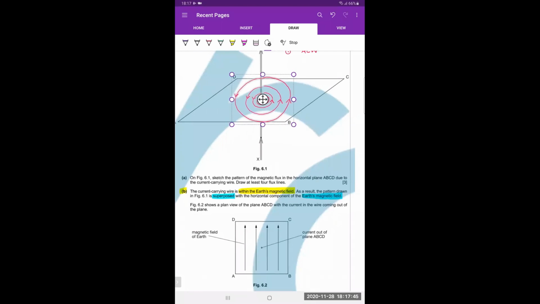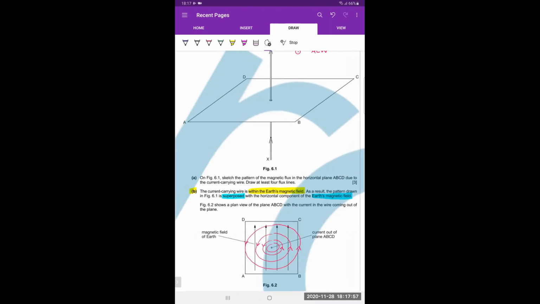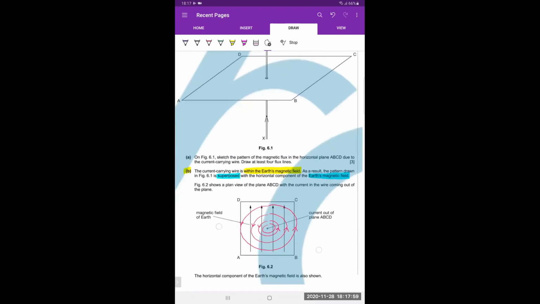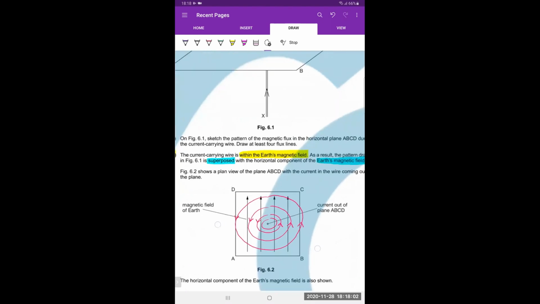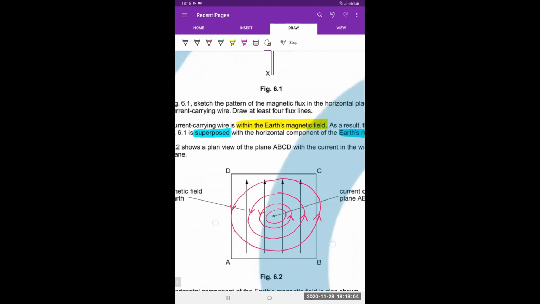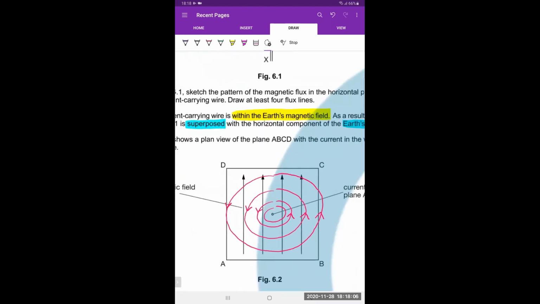I'll shift it back, no worries, लेकिन पहले जरा देख लो इसका फायदा क्या है. If I were to construct the Earth's magnetic field and the wire's magnetic field on the same diagram, जरा carefully देखना,